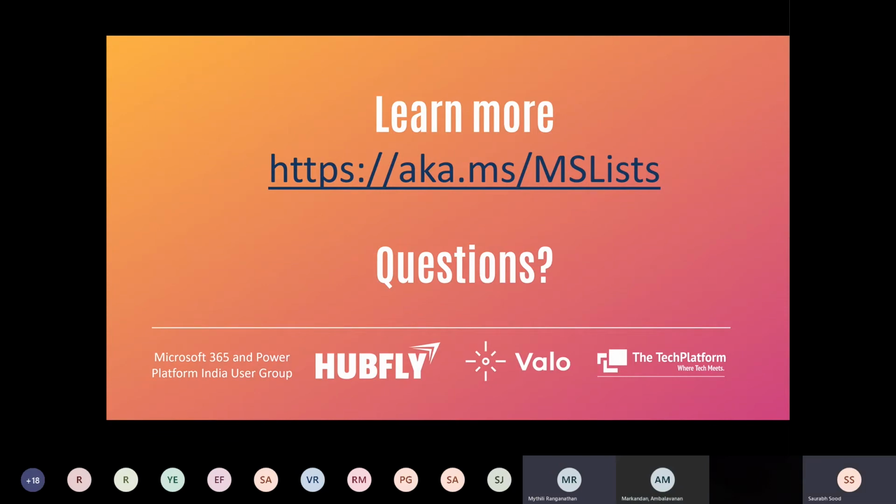So there are no two different limits for SharePoint list and Microsoft list. They are the same product, right? Microsoft list is actually built on the SharePoint list. It is basically making SharePoint list a first-class citizen in the M365 domain. So there are no two list products; there is only one list product. Earlier, we were calling it SharePoint list, and it used to live within the SharePoint site namespace. But now it has graduated as a first-class citizen at the M365 level.